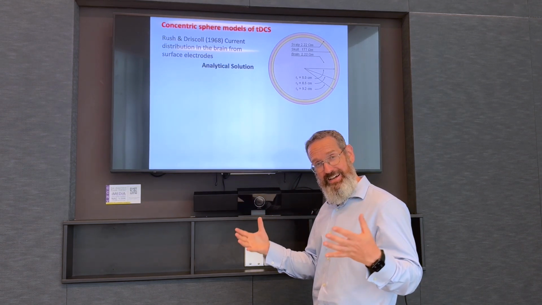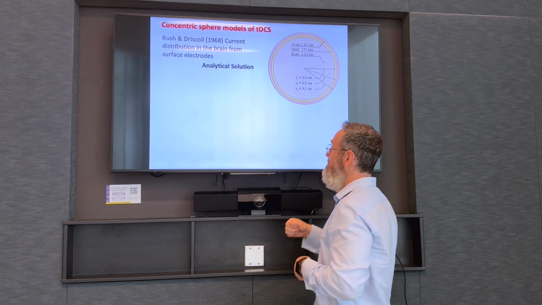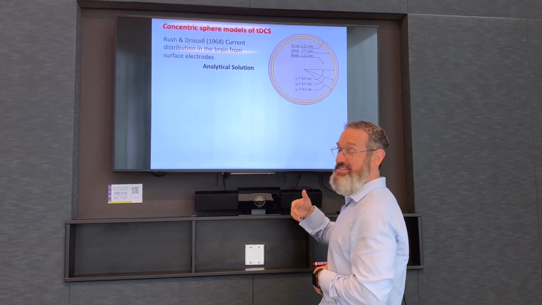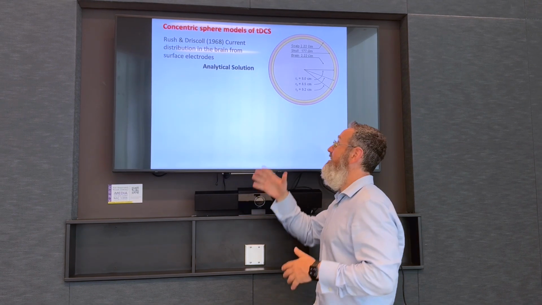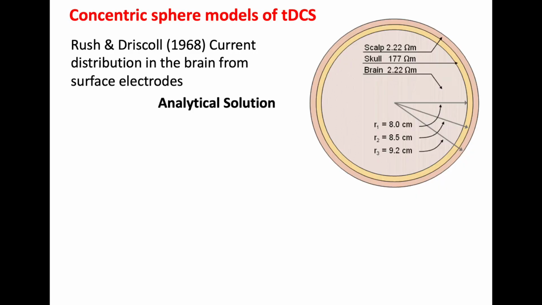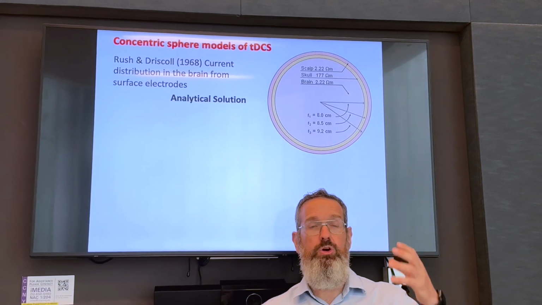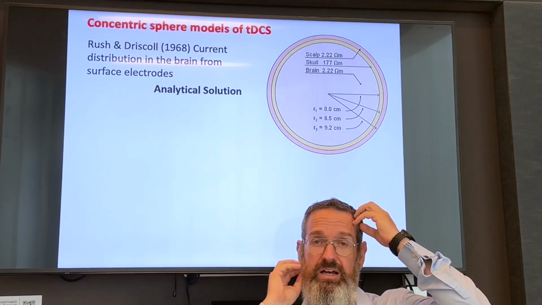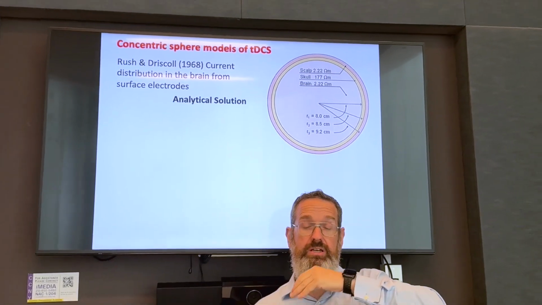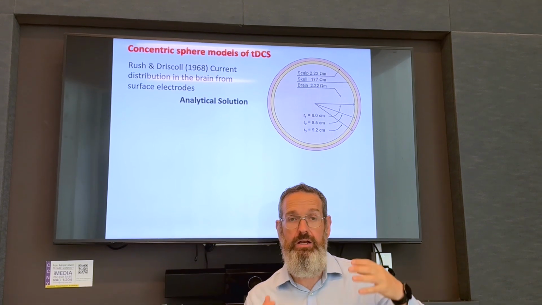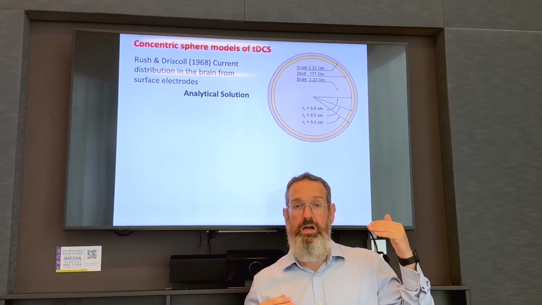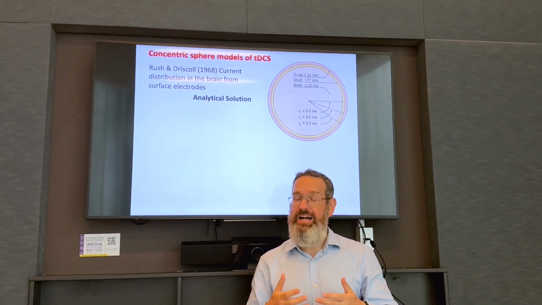So the head was represented as a sphere, with the outer sphere being the scalp, then the skull, and then the brain. Nonetheless, this work was very influential in helping us understand how current applied on the outside of the head reaches into the brain, and specifically,